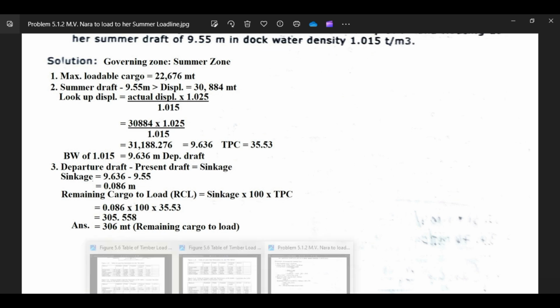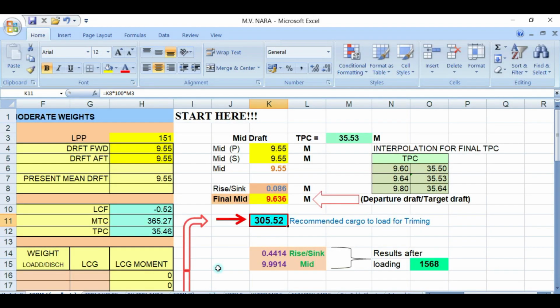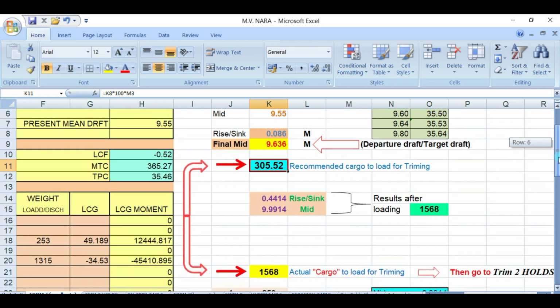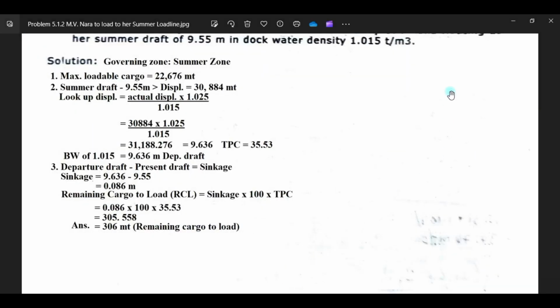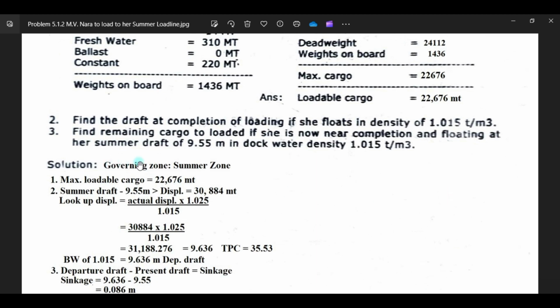305.558. So what we got here is 305.52. Okay, so this is the recommended cargo to load. So the problem is only finding what is the remaining cargo to load.